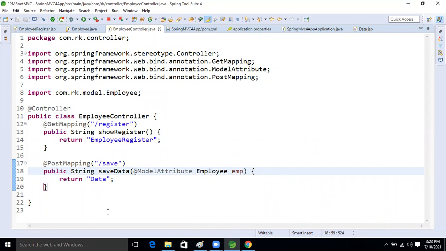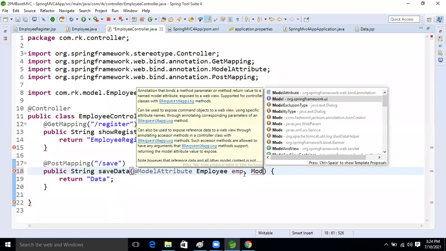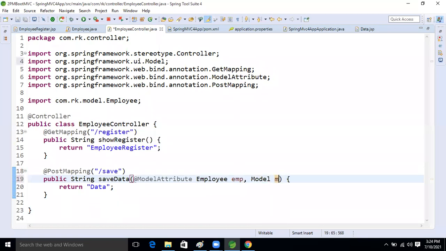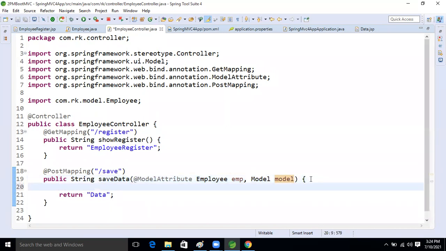At the rate model. Yes, Ravi, model. At the rate model, only model, man. So what we will take? We will take the Model interface after the input. This input we will take in the parameter now, guys.